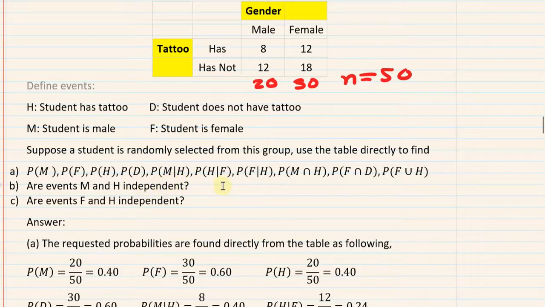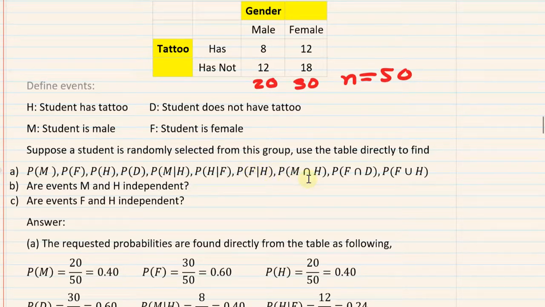Okay, and then we want to know these other events. M and then the line H means what's the probability of selecting a person at random, and that student is male, given the person selected has a tattoo. The one next to it: what is the probability that if we select a student, it's going to be a female student. What's to the right of the line means given that has occurred. So for this event, given we have picked a female student, what's the probability that she has a tattoo? F given H means given the person has a tattoo, what's the probability the person is female?